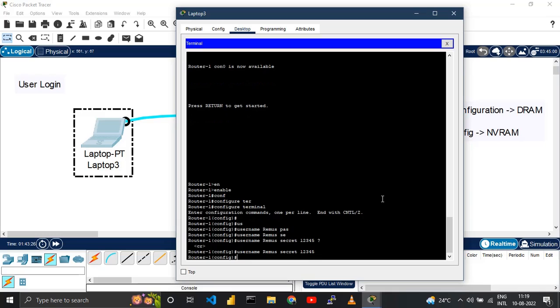done. Now what just happened is that in the local database of this router, it has a username Dimas and a secret which is assigned to that. So wherever we are going to implement this local login, it will ask us for this username and the secret to login. All right. So to set that up, we need to use a command which is login local,